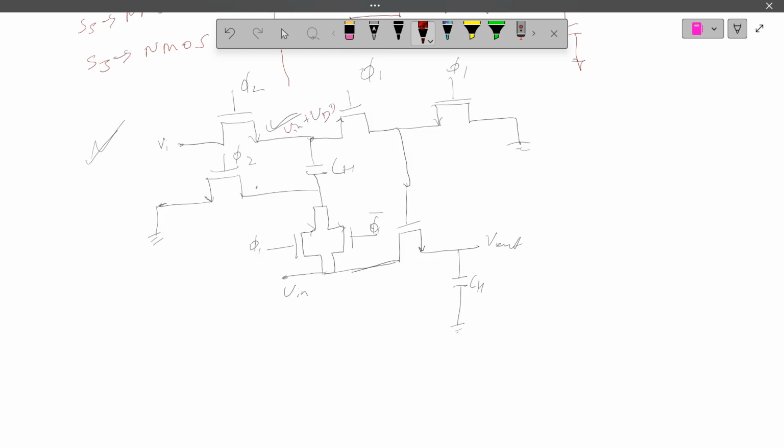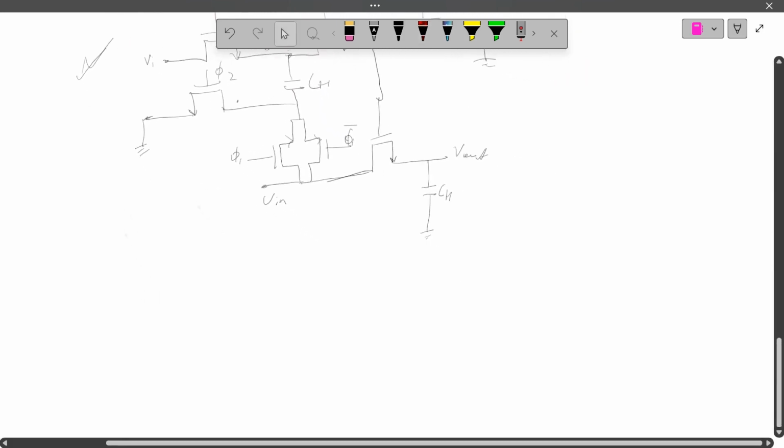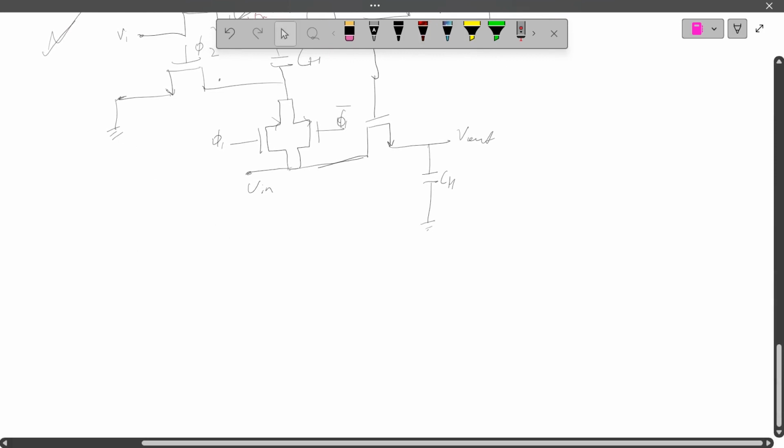Okay. So if Vin plus VDD, this is drain, right? This is source. If VDD is applied at the gate side, so VGS is 0. At that time it is less than VT, so it will turn off. So how will the capacitance charge to VDD? Okay. So for that,